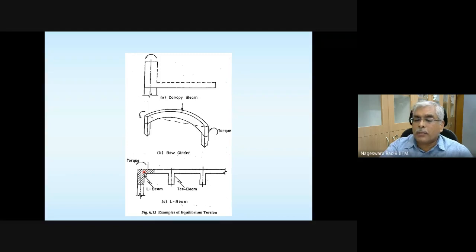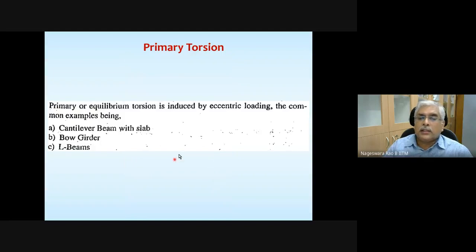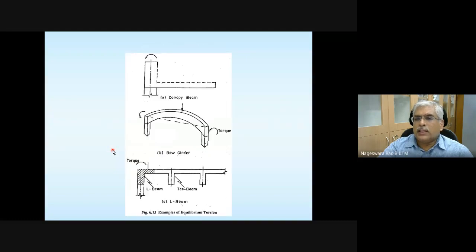So these are a few examples of equilibrium torsion. So that is what is mentioned. Primary or equilibrium torsion is induced by eccentric loading. Common examples being cantilevers, beam with slab, bow girder, and L beams. Okay, this is in brief.